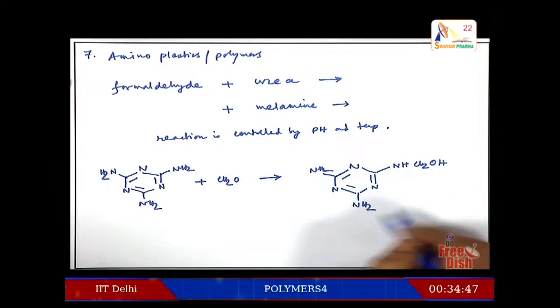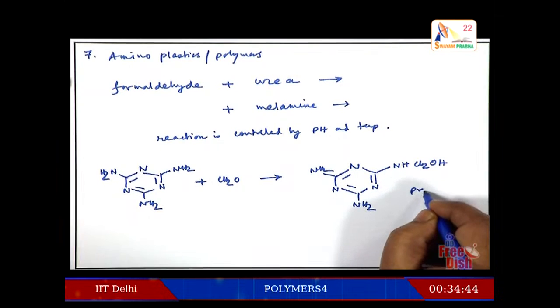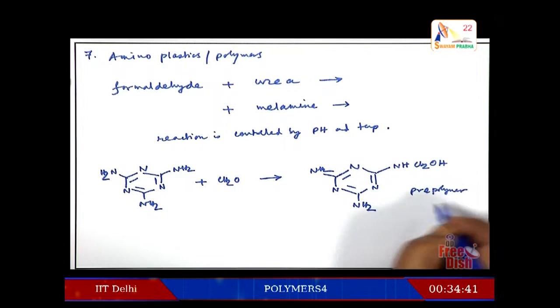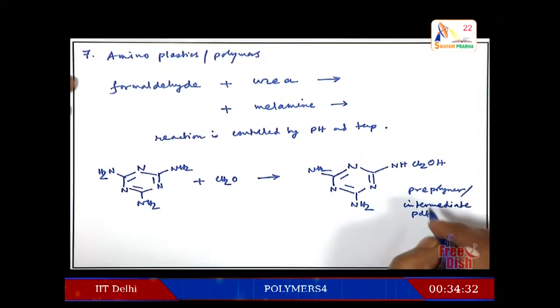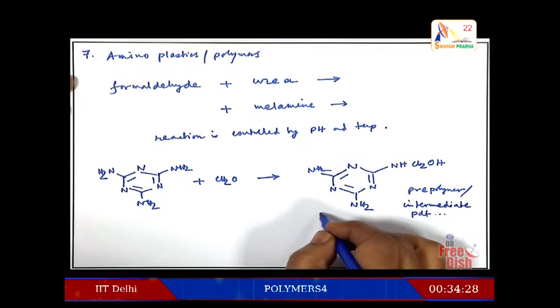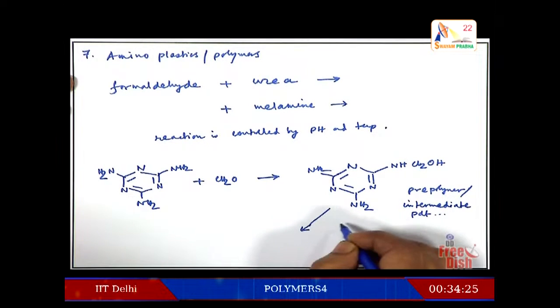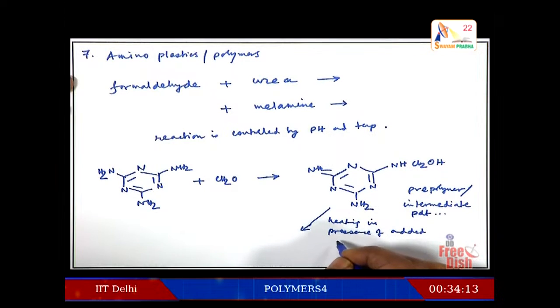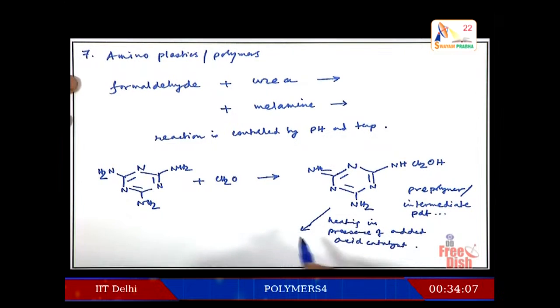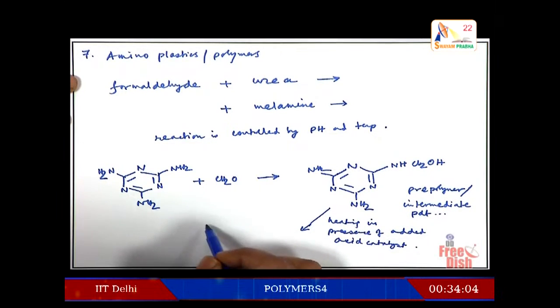First step, it will be like pre-polymer or intermediate product, just like the phenol formaldehyde case, and then we will cross link by heating in presence of added acid catalyst, which basically cross link these polymers, and you get